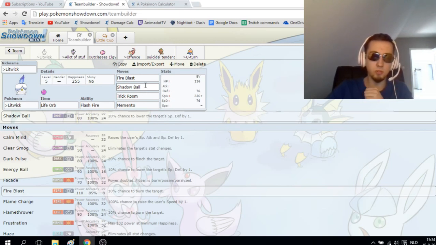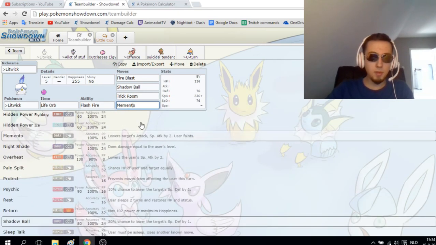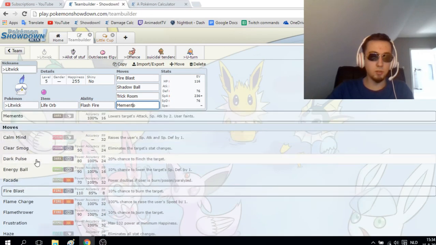Fire plus Ghost is just good. It's not walled by much. In fact, it's only walled by the same Pokemon that would just be special walls, like Munchlax in particular, because it also has Thick Fat. However, Litwick also has access to Memento, and also access to Energy Ball to hit opposing